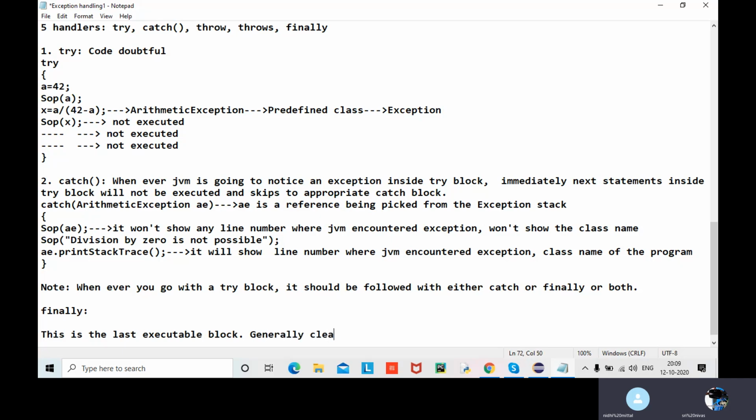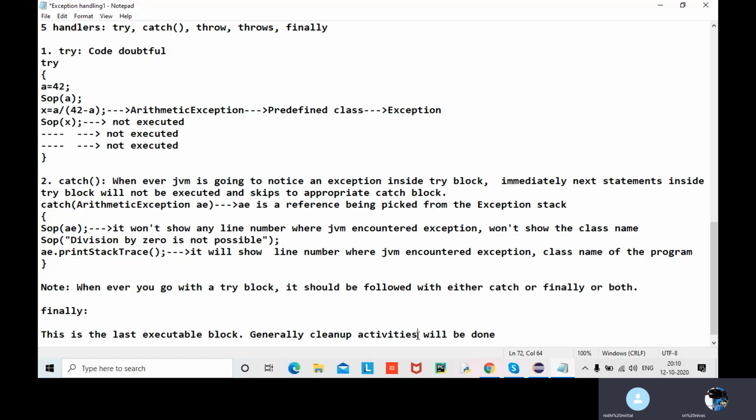Cleanup activities, otherwise I can tell you. Cleanup activities will be handled in this. What are those cleanup activities? Nothing but like,